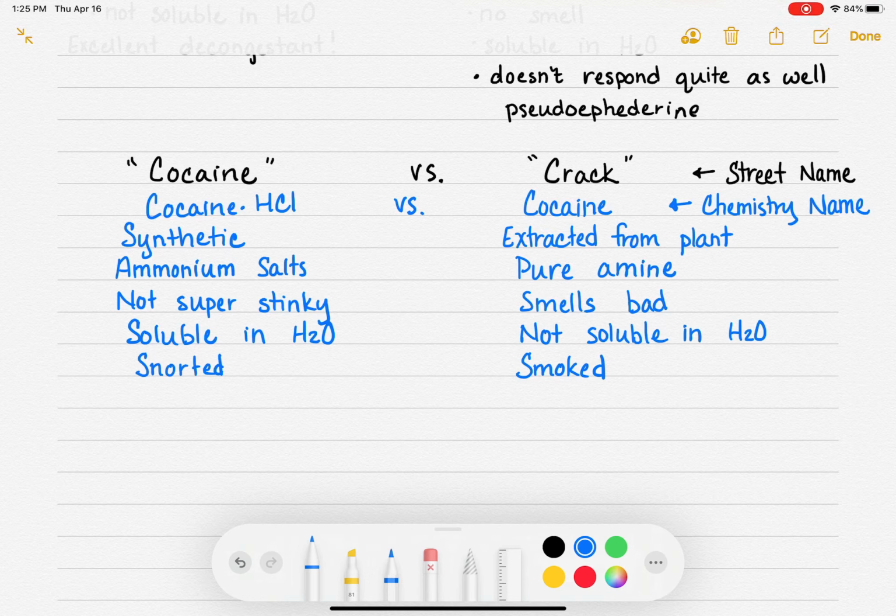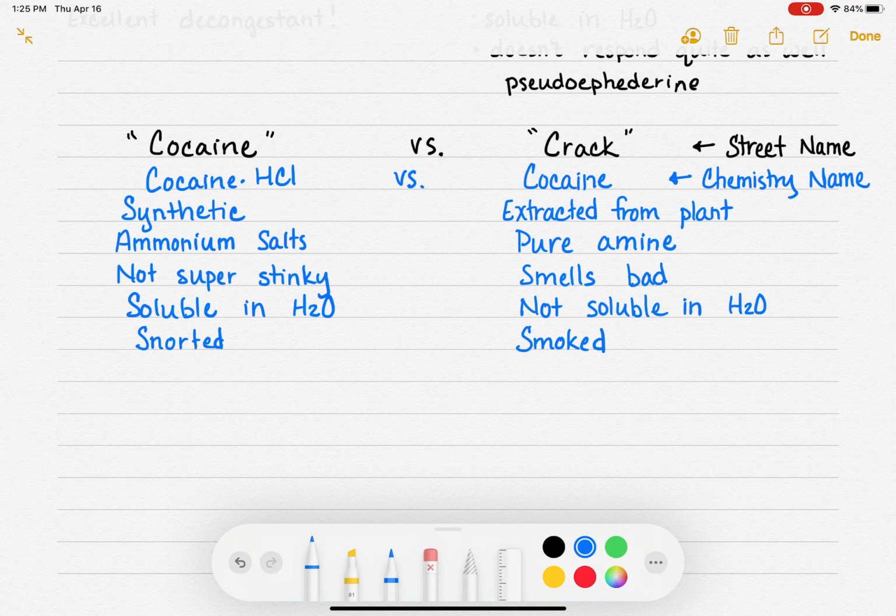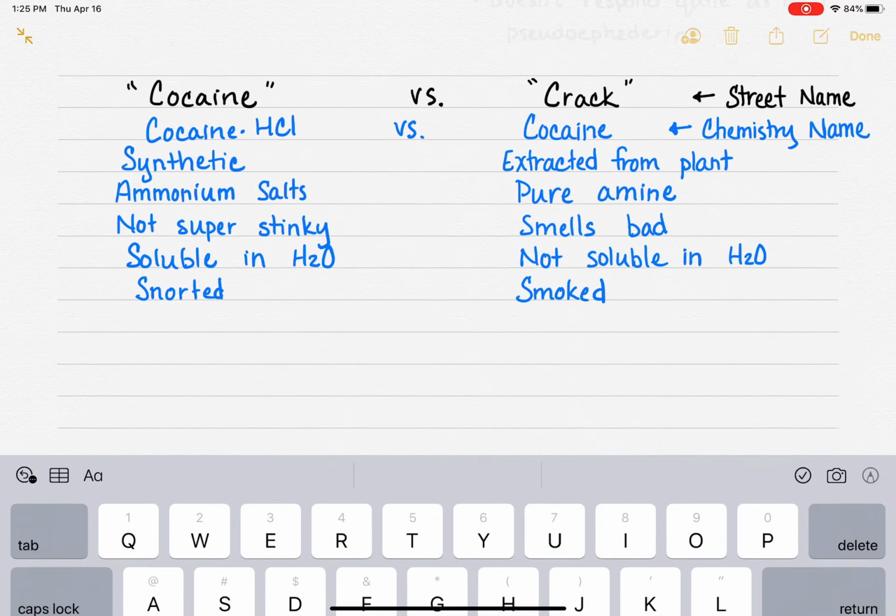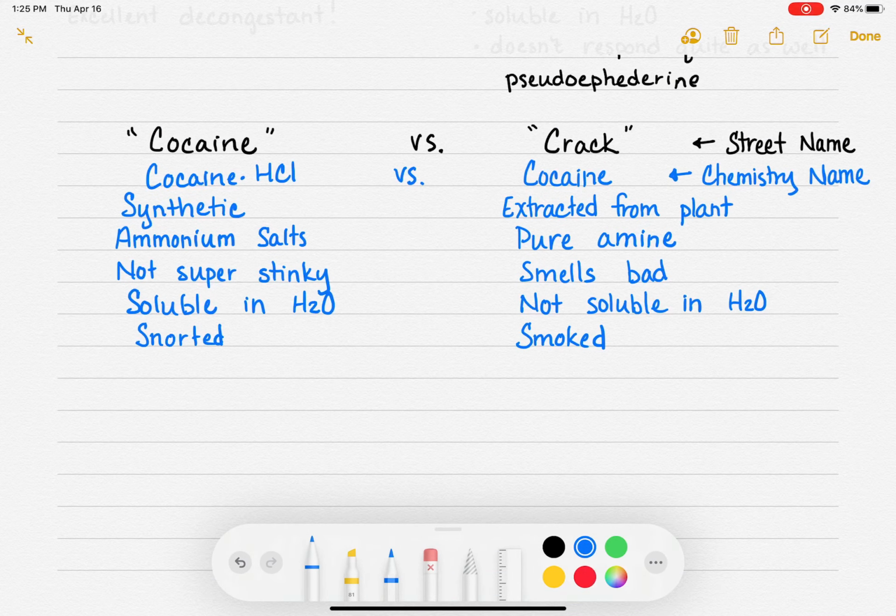So the problem with cocaine and crack, because crack is the pure form of the molecule, is that this stuff gets you a real nice high. Whereas cocaine is not the same high. Because cocaine that you're purchasing, cocaine HCl, is not the same as the drug that Mother Nature has made. So the high is just not, it's good. I hear it's good, but it's not as good as the high that you would get from crack.